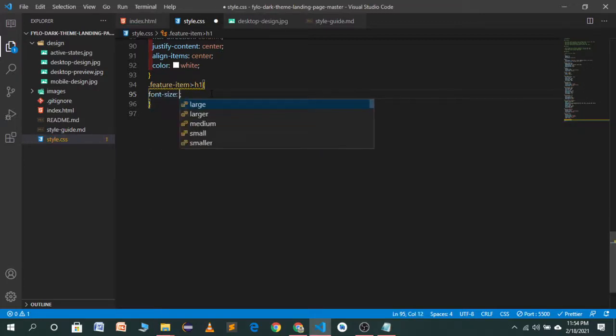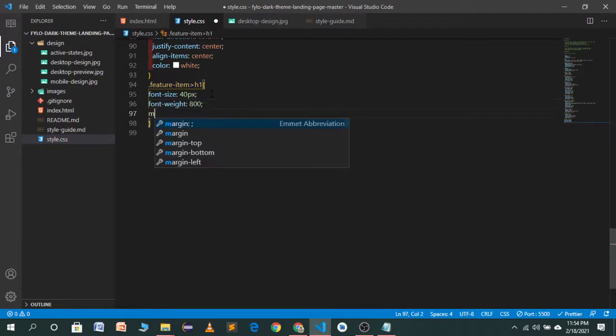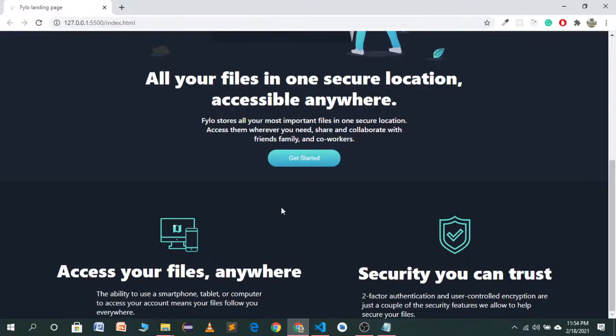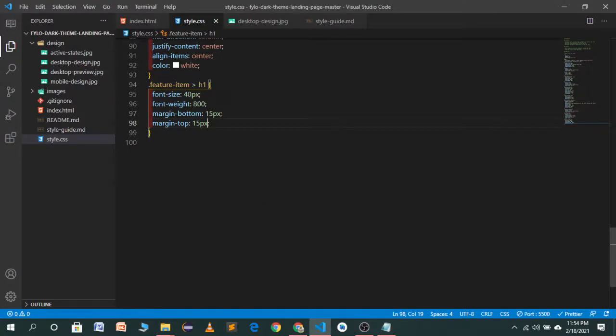We have to give it a font size of around 40 pixel, font weight of 800, margin bottom of 15 pixel, margin top of 15 pixel, not XP, it will be pixel. So let's see how it will affect. This font size is not looking good, so let's remove it and see how the design looks right now.